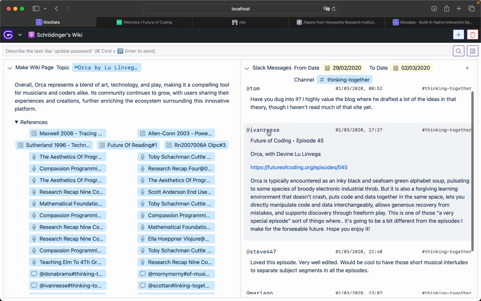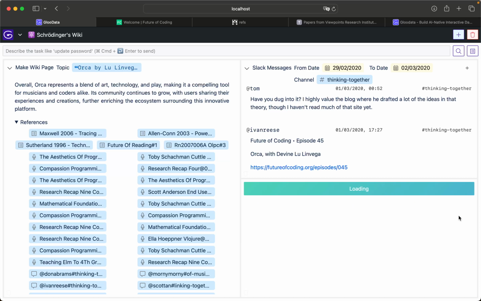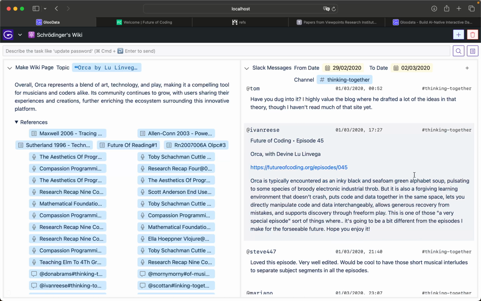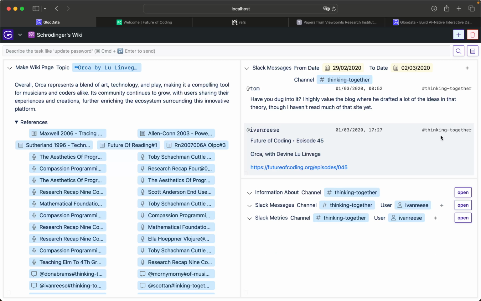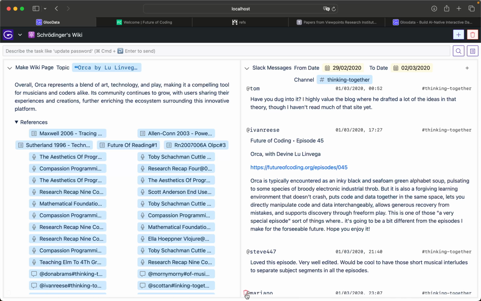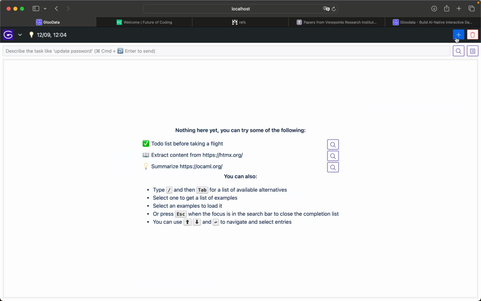So if I click on a user, I can see metrics for that user in the channel or for all channels, but I can also do the same about channels. I can get information about the channel with information stored in Slack. So the idea of this is to